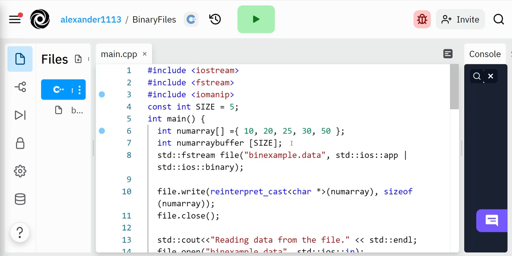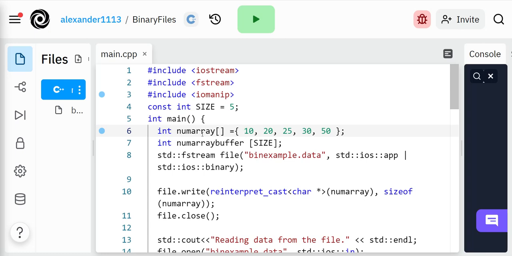Alright folks, so here's the last video on writing binary data to a binary file. In the previous video I went over how to write just a simple variable to a binary file. In this video I'm going to write an array of data into a binary file. And surprisingly, because the write function actually writes a stream of bytes, it's a little bit easier to